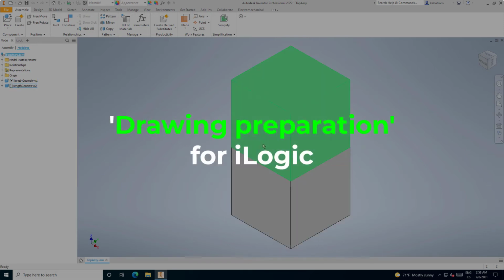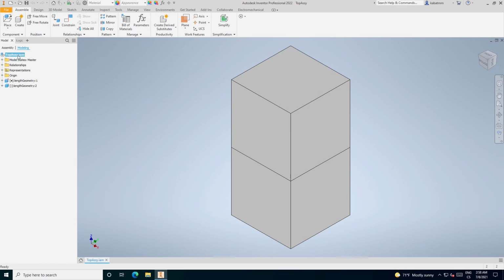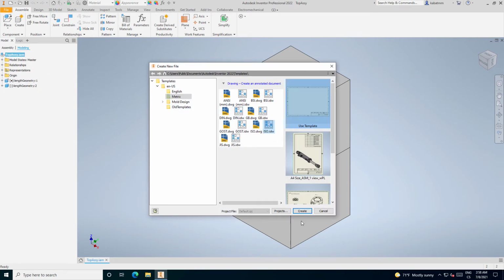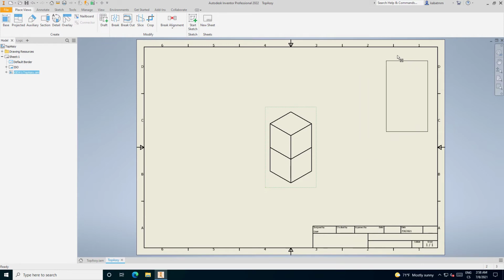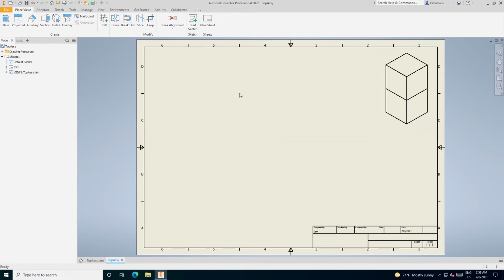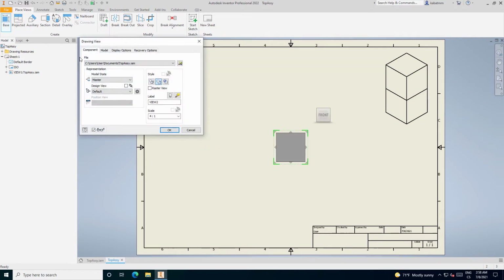Hello guys, I hope this is a well-known geometry for you from the last videos, and today we will start with the drawing. Drawing is the most difficult thing in iLogic. I think it's absolutely the most complex and most difficult thing you can do with iLogic. How I do drawings. Today we will just create